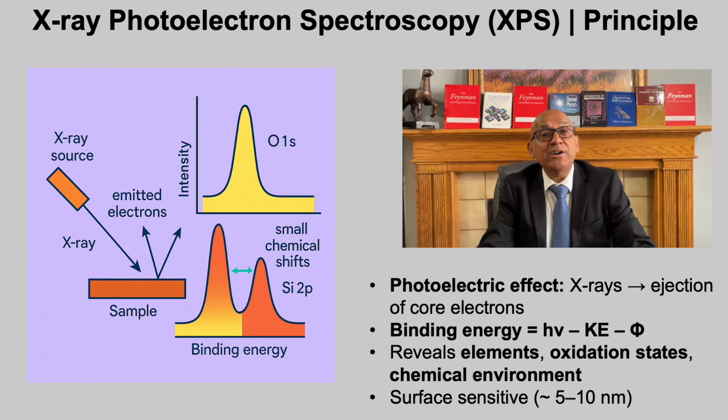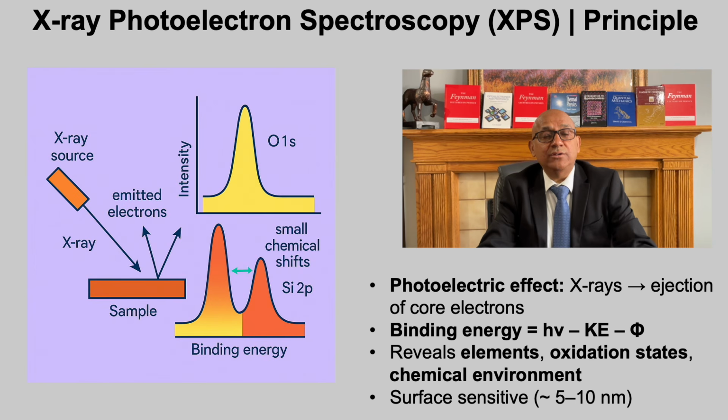Since the emitted electrons come from only the top few nanometers of the surface, XPS is inherently surface sensitive, typically probing a depth of 5 to 10 nanometers. In summary, XPS links elemental composition to electronic structure, providing crucial information on chemical states, surface reactions, and thin